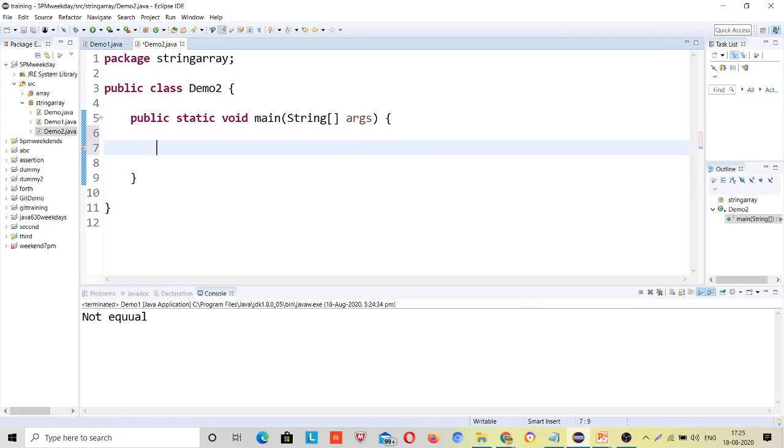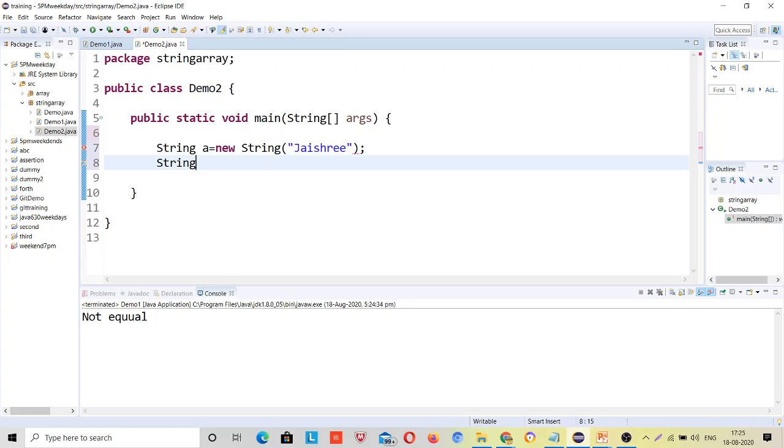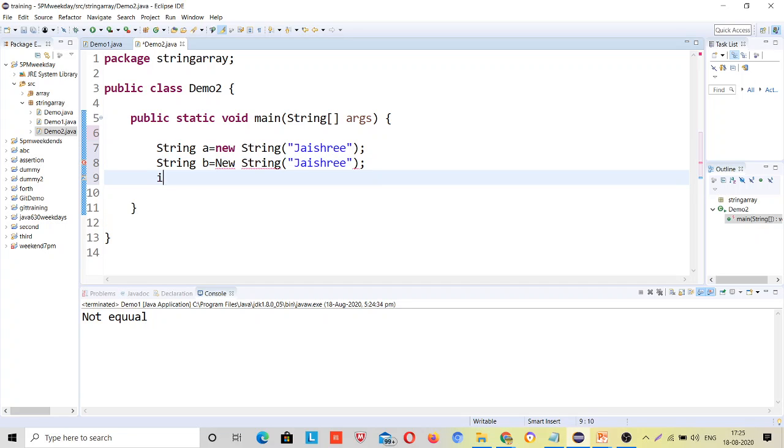Here, string a is equal to new string. Suppose I give Jayashree over here. String b is equal to new string Jayashree.